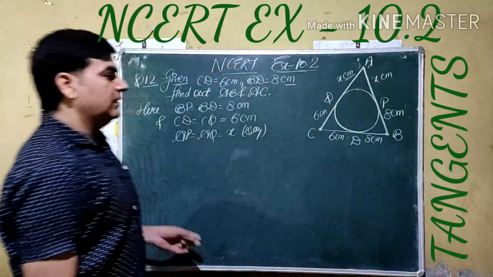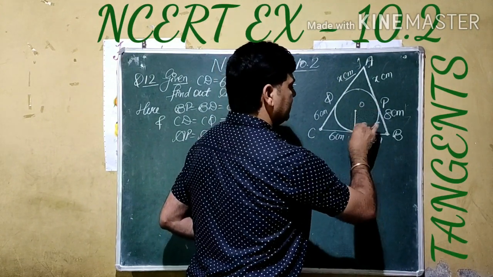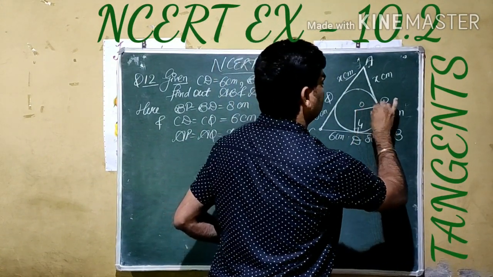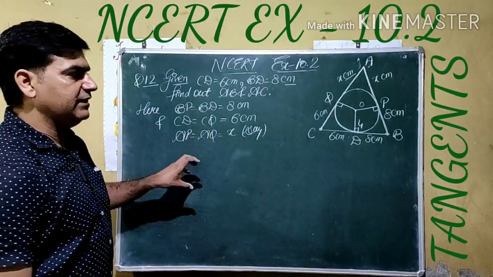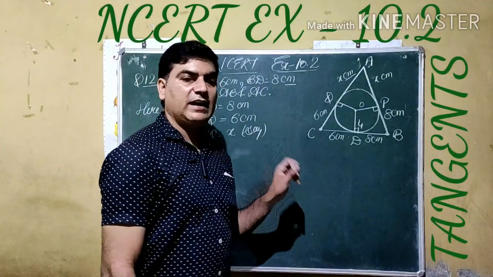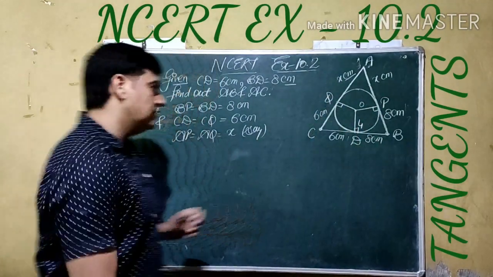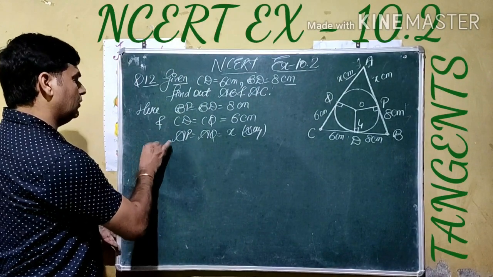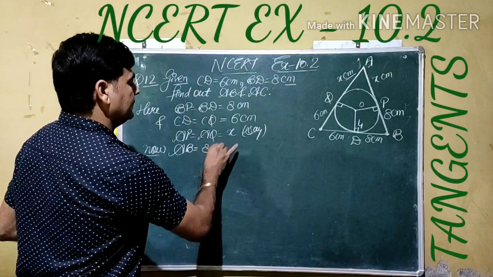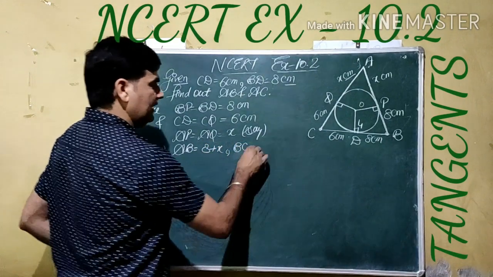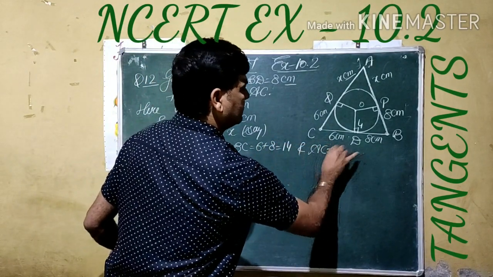In this question, let O be the center. The length of the radius is also given as 4 cm. This is also 4 cm. This is also 4 cm. There is no other criteria given, so we are going to use the concept of area here. All the sides AB, BC and AC are shown in the figure, so we are going to use Heron's formula. Now length AB becomes 8 plus X. BC becomes 6 plus 8, which is 14, and AC becomes 6 plus X.